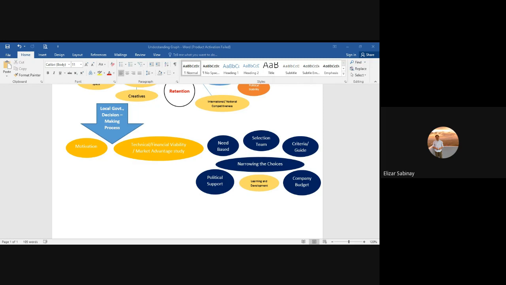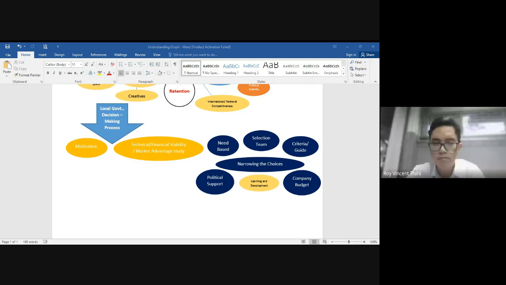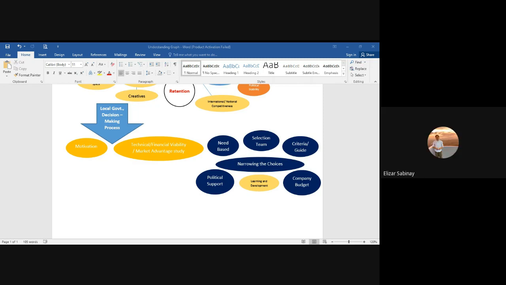Now go back, the blue one is still on the part of the decision-making process, but on the discussion on the article of Blair and Carroll, it's more on the corporate. If the yellow circle is the government processes on how to make decisions, the blue one, it's the corporate. How did they make decisions? Like it must be need-based recognition. In that article, they call it recognition. But for me, my understanding, the product or the business should be need-based. Is this needed by the company? Is this needed by the people? Is this needed by the market?